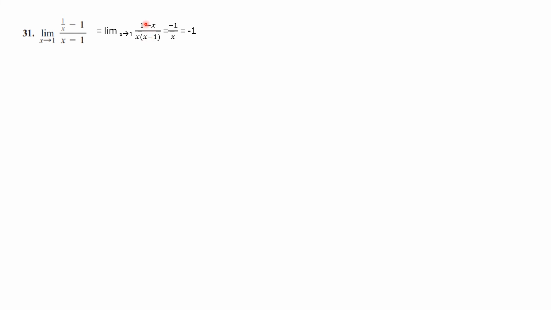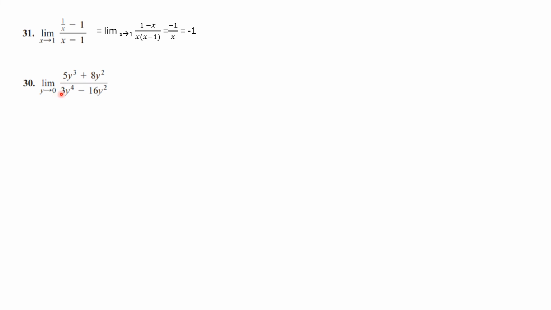So we can cancel 1 minus x with x minus 1, and that will give us negative 1. So we'll put negative 1 in the numerator, and then the denominator will be left with only x. So negative 1 divided by x, if we take the limit as x approaches 1, will give us negative 1 as the answer. The next problem is limit as y approaches 0 of 5y cubed plus 8y squared divided by